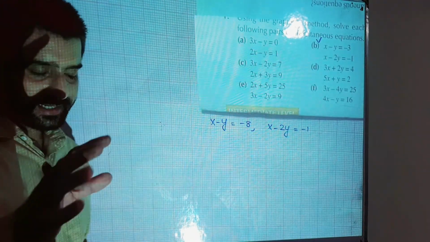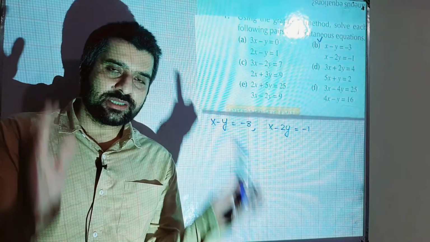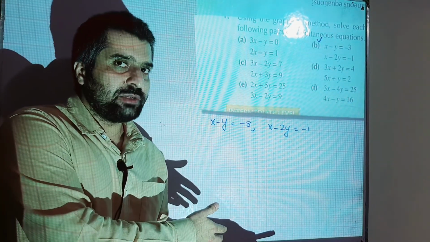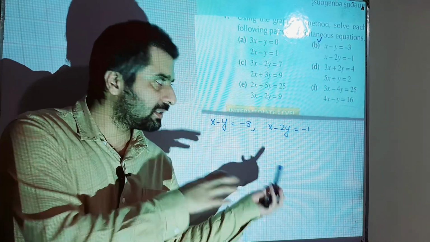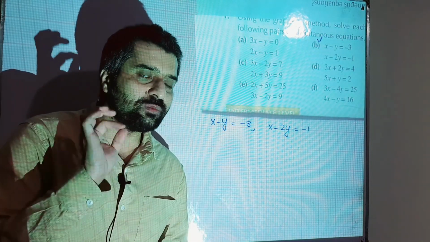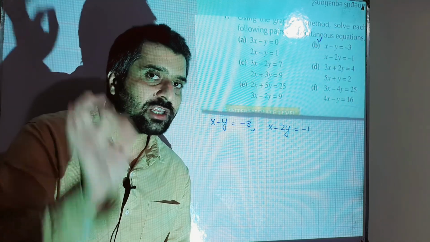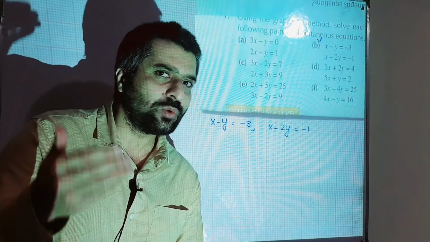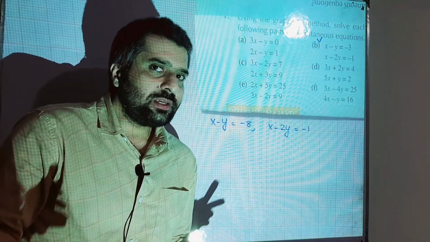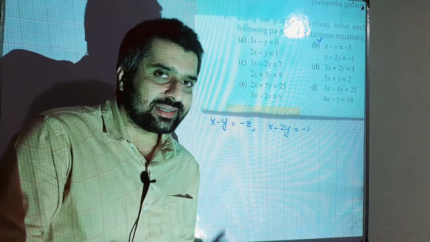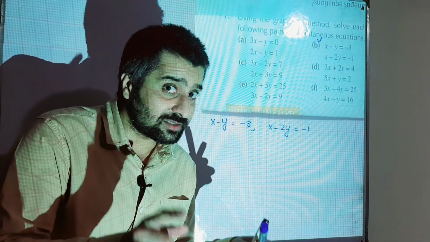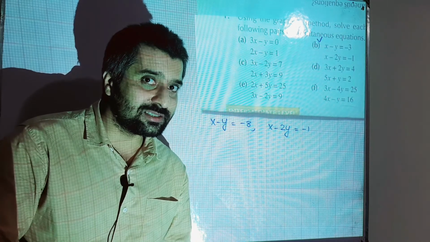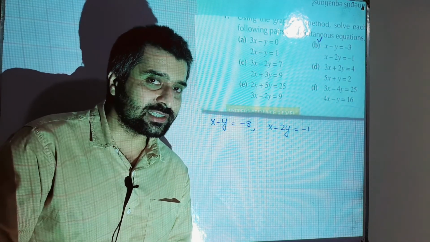So first of all, let us discuss what is basically the demand of the examiner. They have asked you to solve this pair of simultaneous equations. Solve means find the value of the variables involved. We have two variables over here, one is x and one is y. Now you will be getting a value of x and a value of y that will satisfy both these equations. That is called simultaneous equations, satisfied by the same values of x and y.